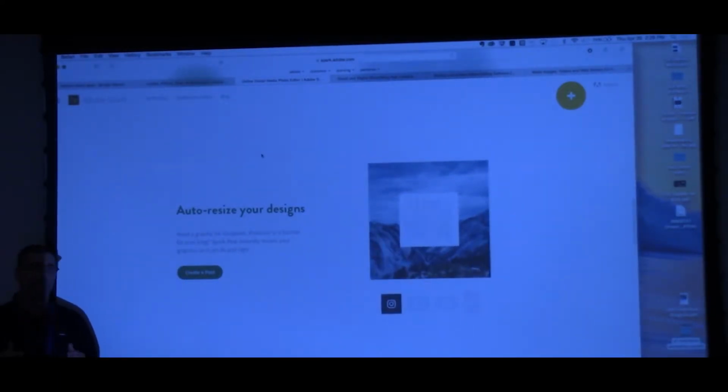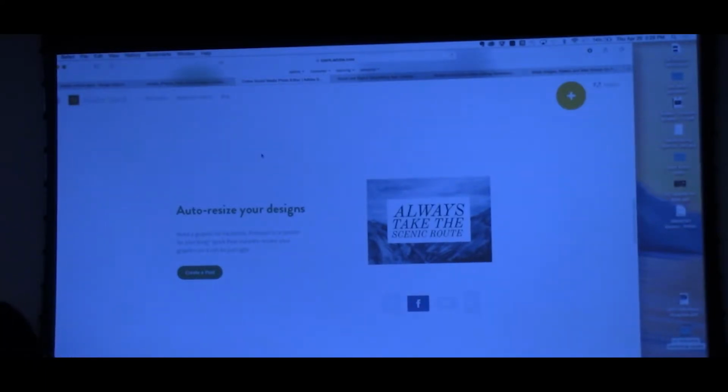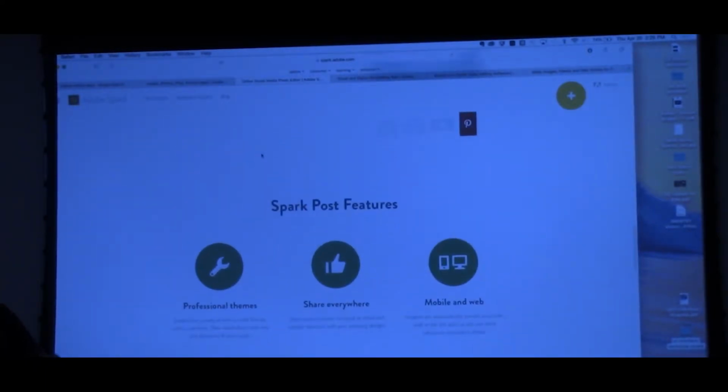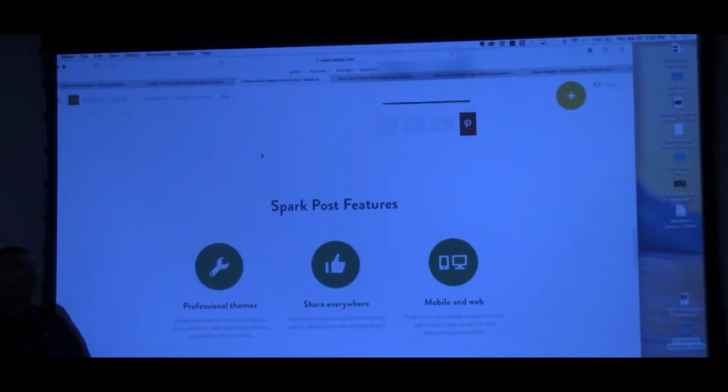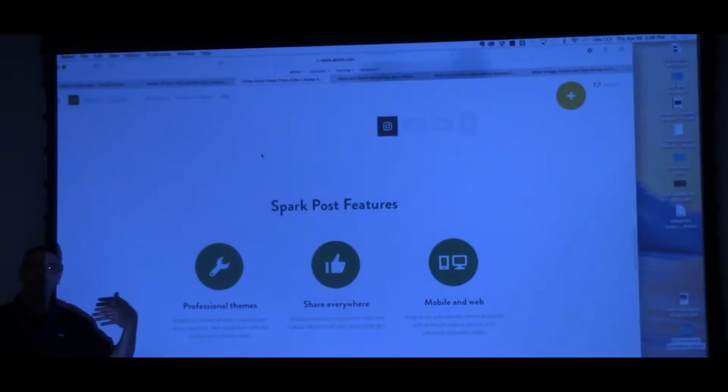And then last but not least, when we are done, we can then share it everywhere. So where do you want to send this? What social media network do you want to post this to? Or I can go ahead and just save it out as a JPEG, and I have that now as an asset for other types of projects I would want to use. I also can take that project I've created earlier and build upon it for other projects later. So I don't have to, once again, I might have liked something I've designed earlier, and then I want to work from that. Now what about Spark